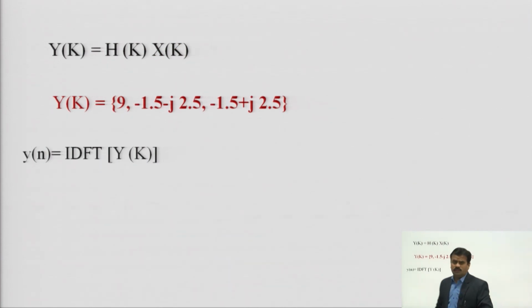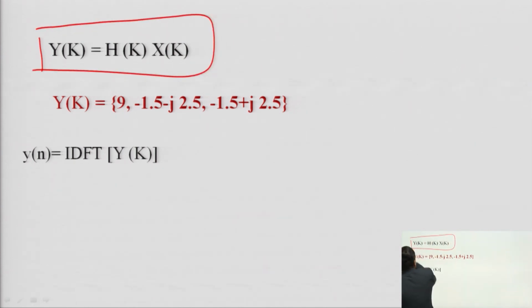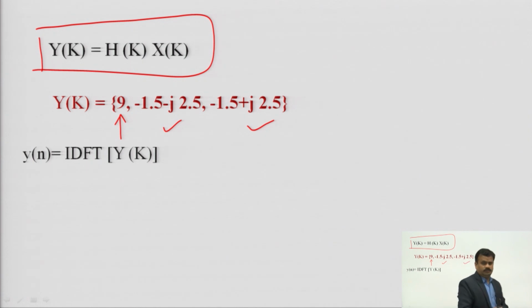Now, Y(k). So, Y(k) is equal to X(k) into H(k). You know in linear convolution Y(k) is equal to X(k) into H(k). So, you have to multiply X(k) and H(k). So, at 0 that was 3 and that was 3, 3 3s are 9. So, at 0 it is 9, at 1 it is, at 2 it will be this one. Now, Y(k) you are having here.